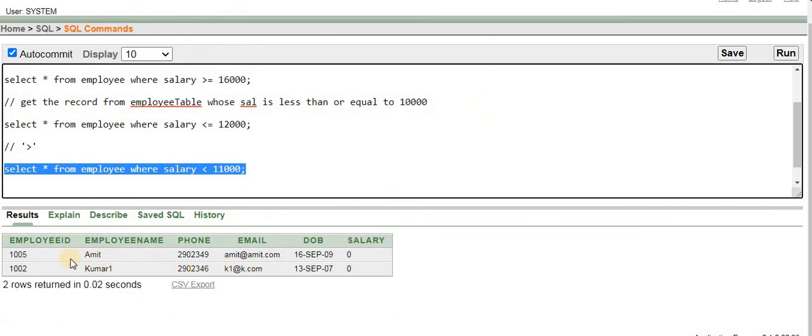You can find here that 2 rows have been returned whose salary is less than 11,000. So this is the way you can use the relational operators provided by SQL. Guys, this is how we can use the relational operators in our script to fetch records from the existing table.